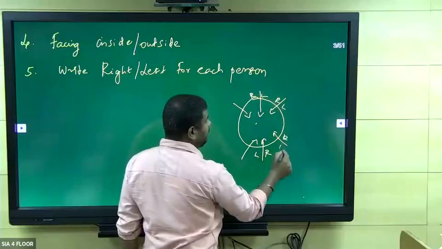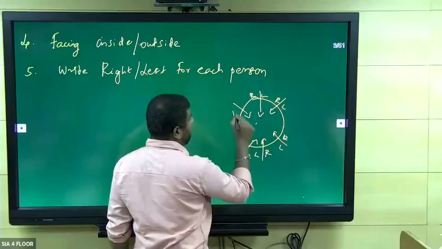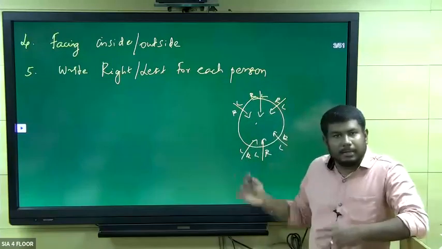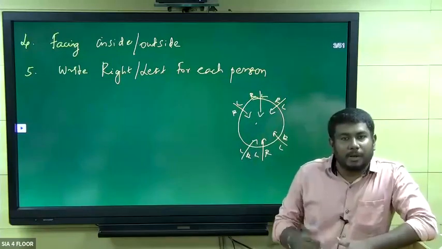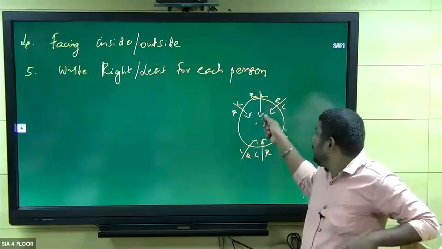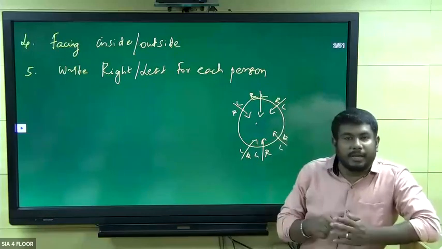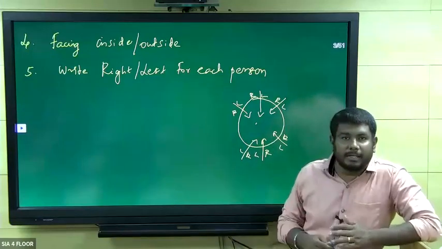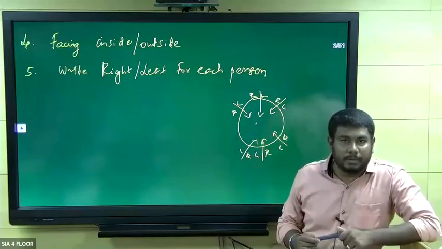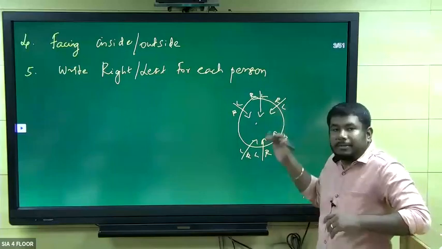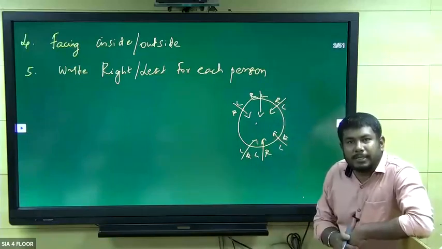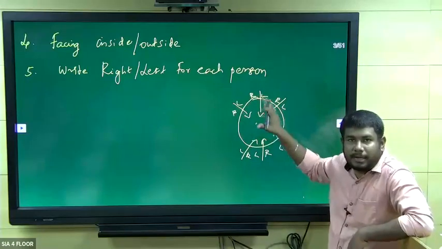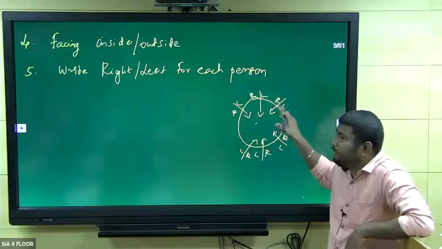Right, left, right, left, right, left, right, left, right, left. Sir, this is very common. We can understand by seeing the diagram itself. Why do we need to write right and left for all the diagrams? Guys, don't be lazy to write right and left in examination or while practicing the question, because sometimes we commit most of the mistakes here. So to avoid some confusions while solving the arrangement, we need to write right, left for each person.